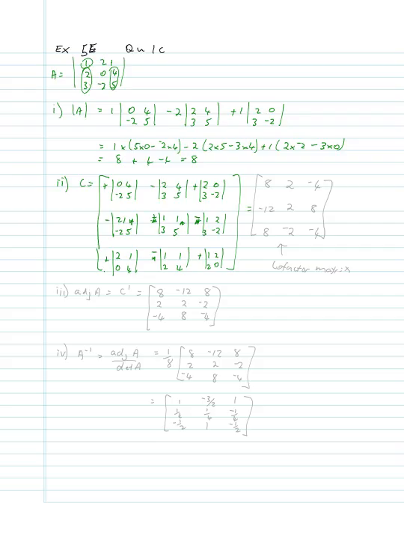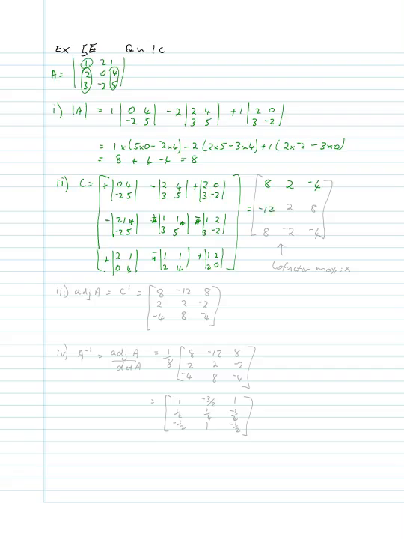So the next step, we need to work out the determinant of each of these. So for the first one we'll have 5 times 0, take away negative 2 times 4, which will give me positive 8. Then we've got 5 times 2 is 10, take away 12 would give me negative 2, but we've got this negative, so that makes a positive. Then 2 times negative 2 is negative 4, and then the next one we have 2 times 5 is 10, take away negative 2 times 1, so that gives us 12,